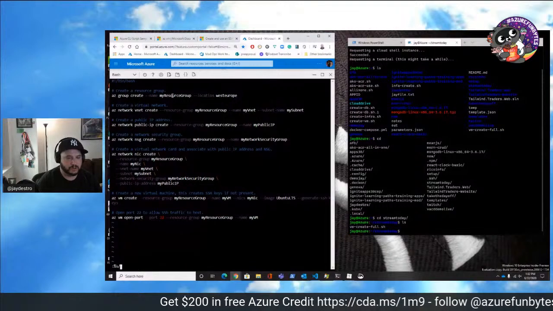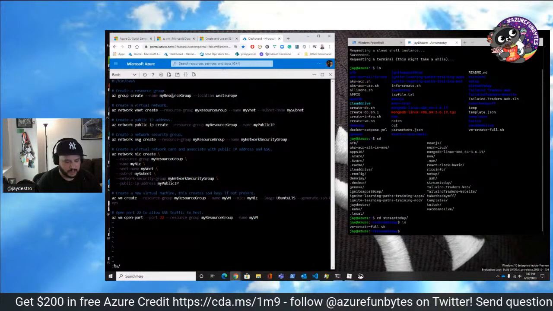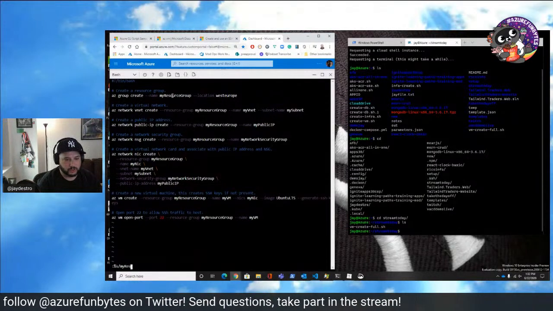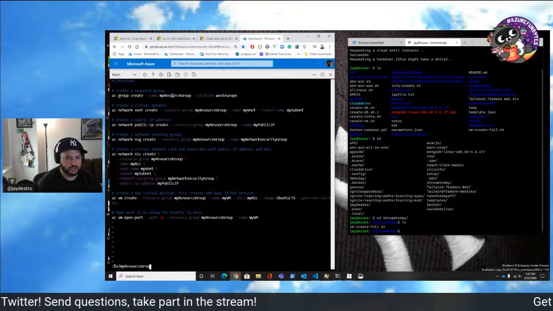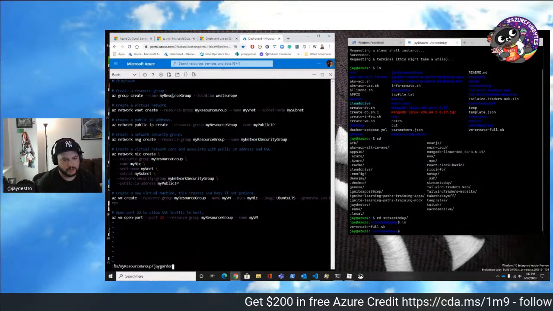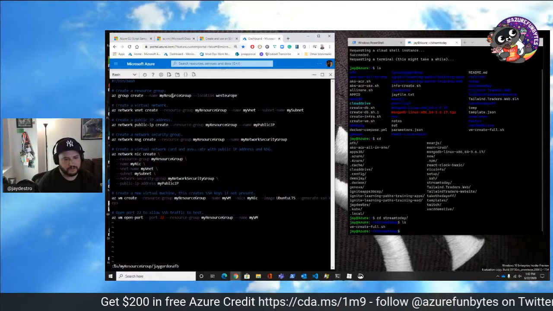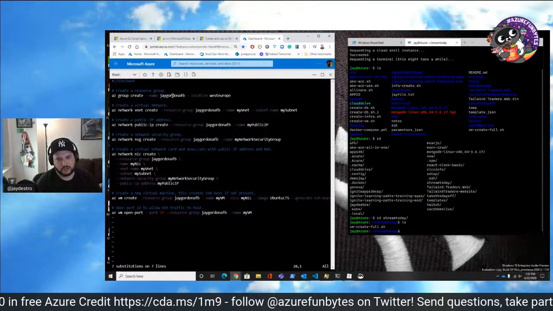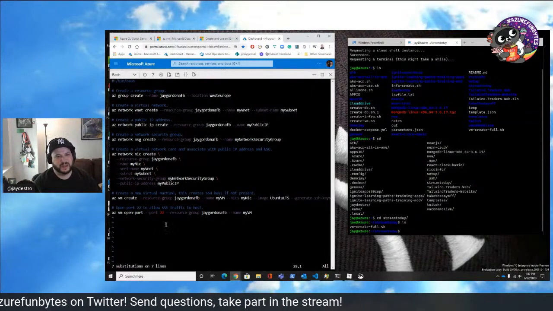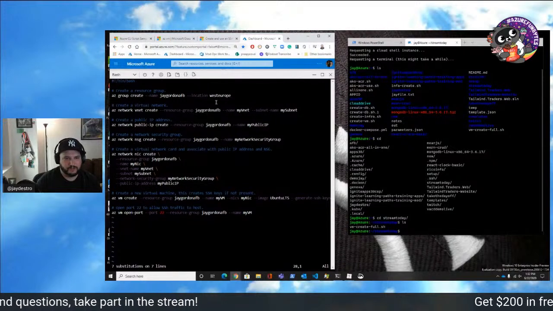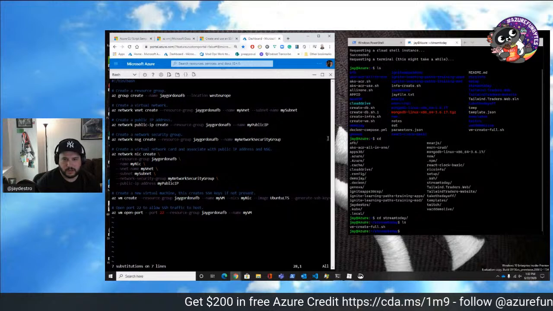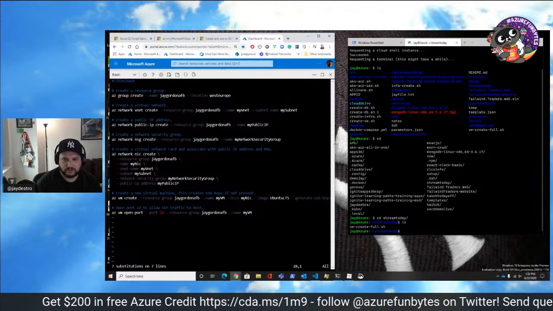I'm just going to name it so I can use a find and replace command in VI. You can use whatever favorite editor you want to. So I'm just going to change my resource group, and I'm going to call it J Gordon AFB Azure FunBytes. And so now I've changed all the names of my resource group. I just want it that way, but I'm going to leave everything else well enough alone. And so what's going to happen here? Let's take a look a little closer, right? So I'm going to just stretch this out a bit.